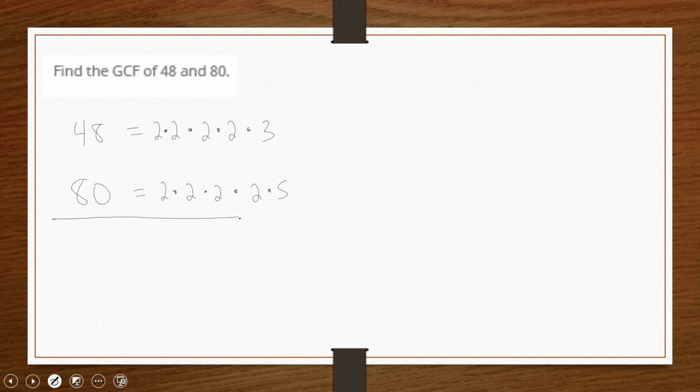The next step is, again, to find what these things have in common and create this GCF. So in red here, I'll highlight the things that we have in common. I see that we have at least 1, 2, 3, 4 2's all in common here. So I will create a product of those to get my answer, which is that the GCF should be equal to